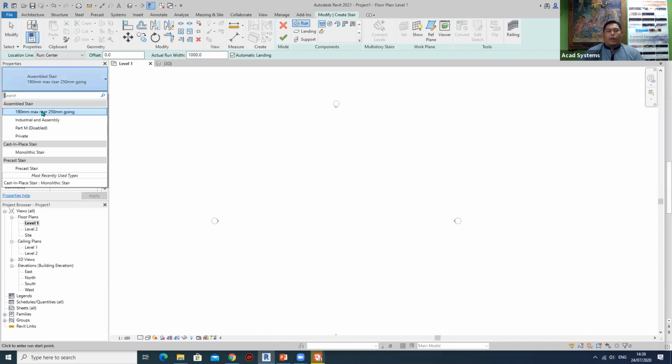Okay, so in here we have 3 types of staircases available for Malaysian standards. We have the assembled stair, means steel staircase. It could be a prefab staircase also. And then also we have the cast in place stair, also called the concrete staircase or cast in situ staircase. And we also have the precast stair, which is only for concrete precast staircase. Okay, and let's say we want to start with the